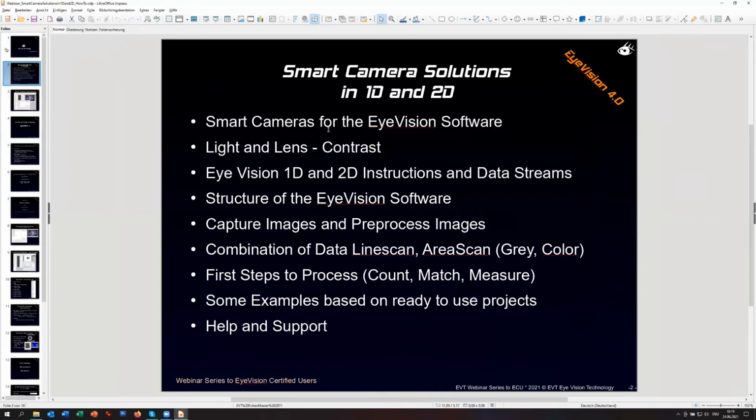The first step will be now to have a look at all the smart cameras which are available and can be used for the solutions. Then a short intro to light and lens. Of course, for smart cameras, light and lens is always one very important part of a machine vision solution. And this fits also for smart cameras, especially because the reduced